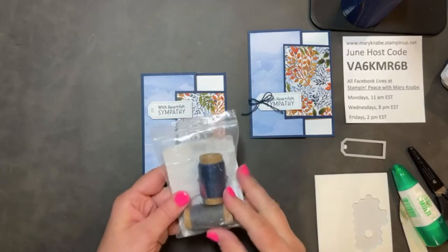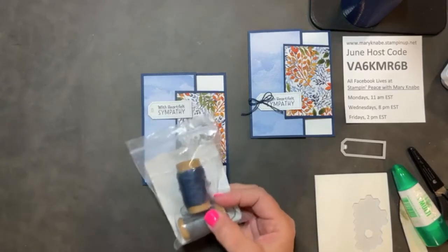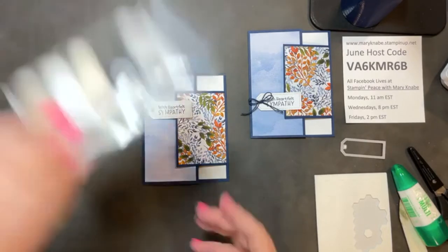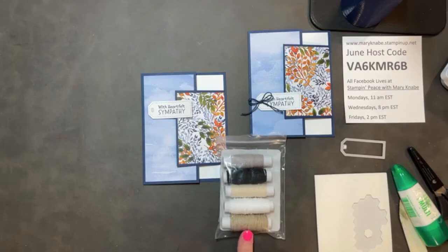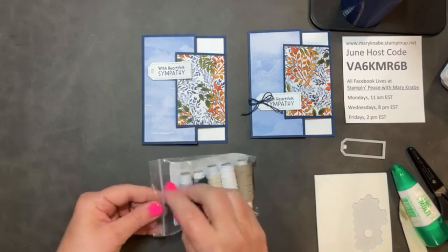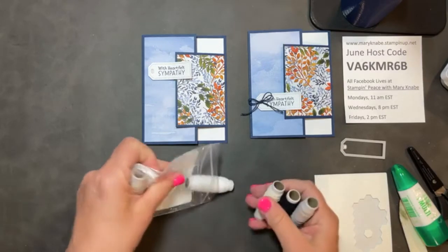This is my 2nd pack. So if you like simple ribbons and twines, I highly suggest this one. But this one, I'm going to do something a little bit different. You've probably seen in our new annual catalog this combo of twines, and there's 5 different colors. Now it doesn't exactly have the color I'm wanting, so I'm going to use the white,